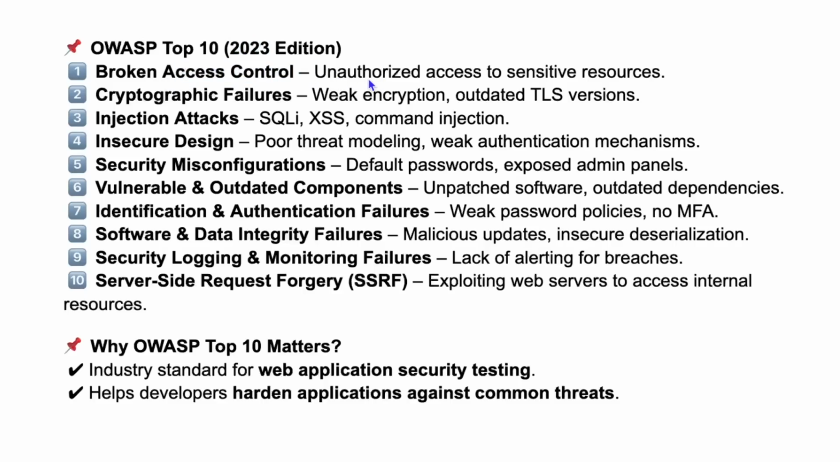The broken access control would be unauthorized access to sensitive resources. Cryptographic failures would be anything that has to do with encryption or outdated encryption security certificates, known as TLS or SSL certificates. Injection attacks would be anything like SQL injection, cross-site scripting, command injection, and remote code execution probably could even count as that. We have insecure design like poor threat modeling or weak authentication mechanisms, security misconfigurations like default passwords that were never changed, exposed admin panels that should not be public but are public facing so people can actually get access to them, vulnerable and outdated components like unpatched software or outdated dependencies, identification and authentication failures like